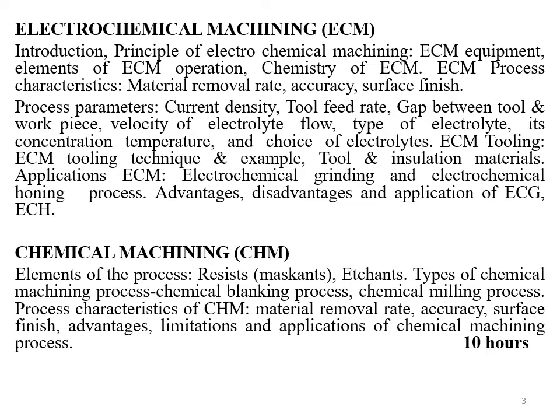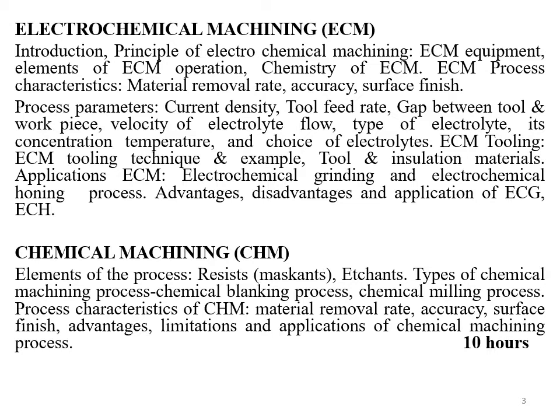Also the effect of process parameters like current density, tool feed rate, gap between the tool and the workpiece, velocity of electrolyte flow, type of electrolyte, its concentration, temperature and choice of electrolytes, ECM tooling techniques and examples, tool and insulation materials, applications of ECM, electrochemical grinding, electrochemical honing, advantages and applications